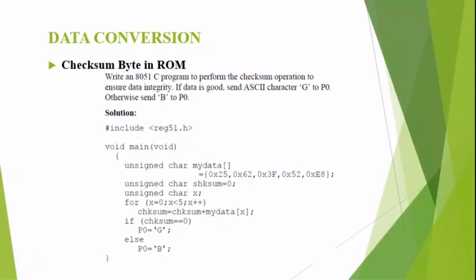Then it is added and then we are finding the 2's complement of it after dropping out the carry, and then this checksum value, that is the 2's complement of the total sum, is checked whether it is 0. If it is 0, then the data is not corrupted. So assign character G to port 0, else assign character B to port 0.